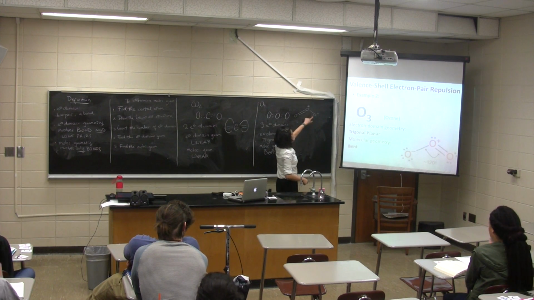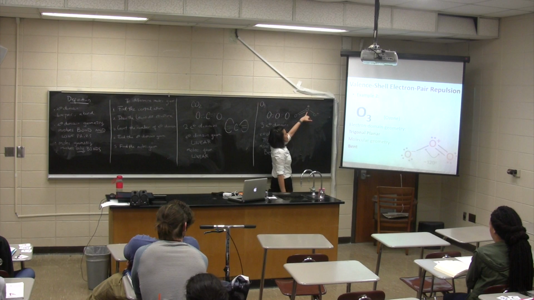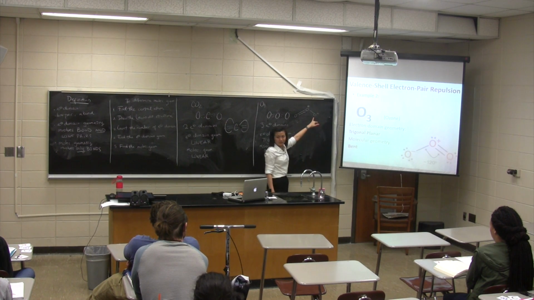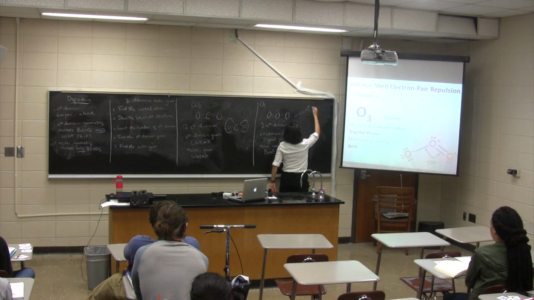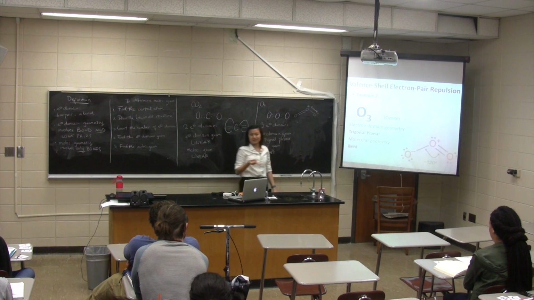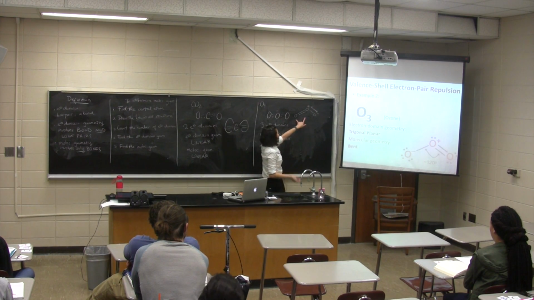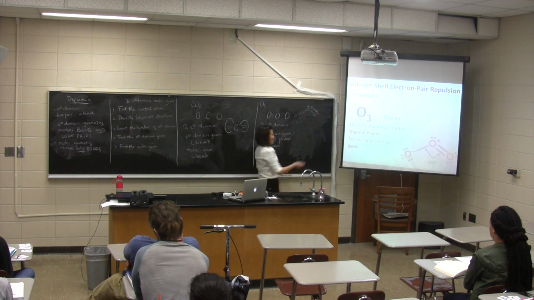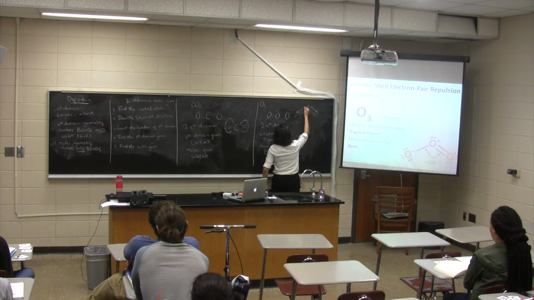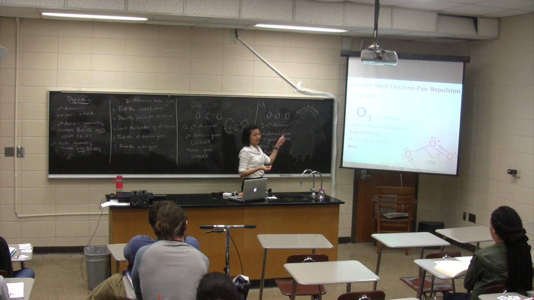Okay, so let's do this one first. It's easier. This oxygen right now, for the sake of simplicity, has a positive charge. And this oxygen right now has a negative charge. Do you think that bond is a polar bond? Yes. And the dipole will point towards the negative end. Okay? So now for this one, one is neutral, one is positive. Which one is more negative? The neutral one. Very good. So you're going to point the dipole towards the neutral oxygen.